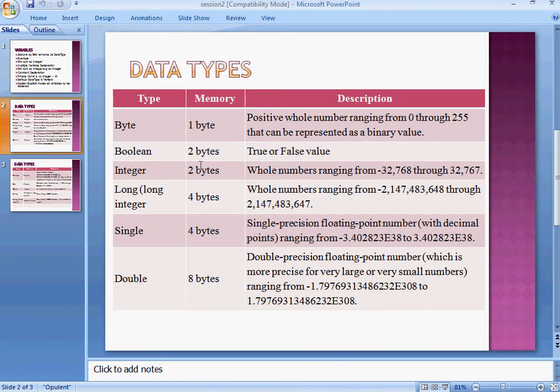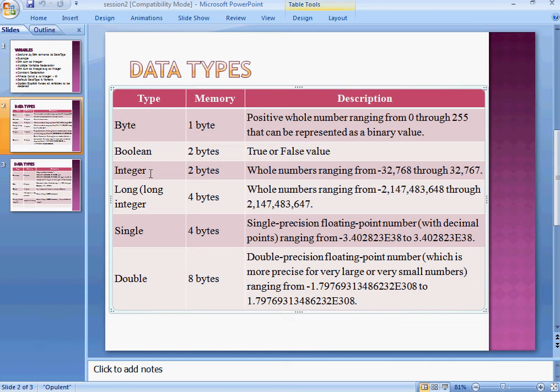So here is a list of data types available for VBA. See here the first ones: byte, integer, long integer. All these three are used to store whole numbers, that means without decimal values. For example, I took this integer. It occupies 2 bytes for each integer you declare in your macro. In integer, you can store values of plus or minus